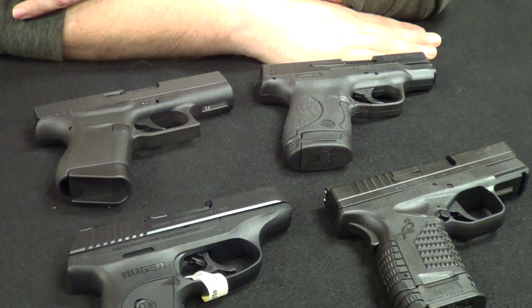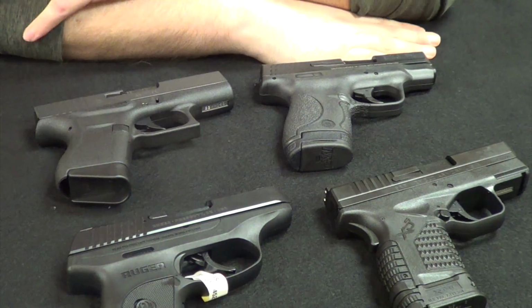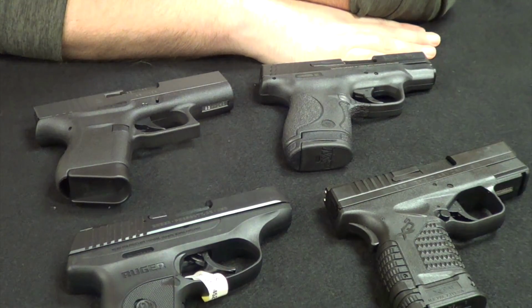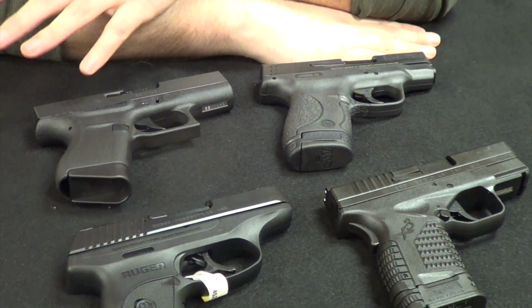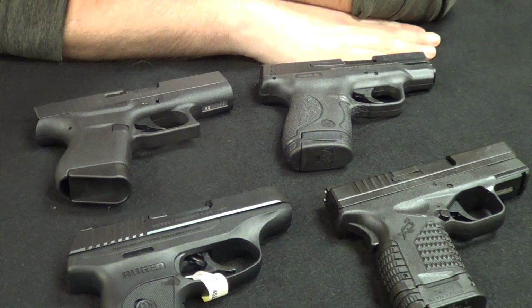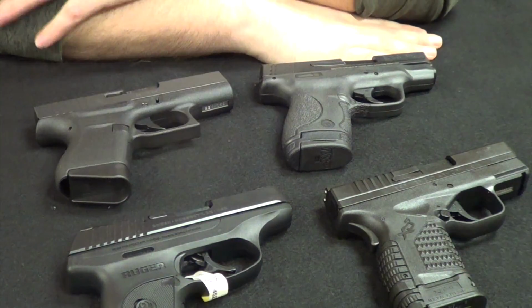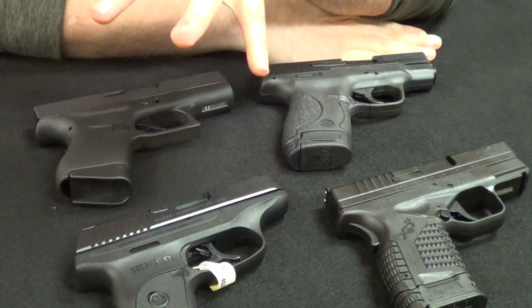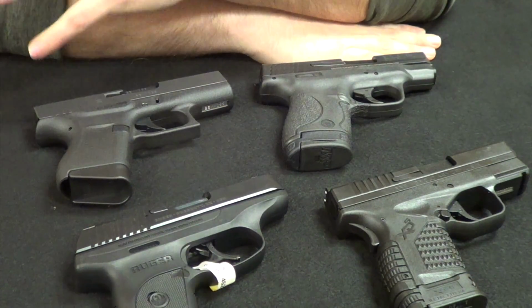Okay. The next thing I probably get all the time is safeties. People come in, usually first-time buyers, and the first thing they say is, I need something that definitely has a safety on it. I'm going to go on a bit of a tangent here. There are definite advantages to having a manual safety, and we'll go into the different types of safeties because a lot of these have different types on them. But thinking a little outside the box, keep in mind if you're in a situation where